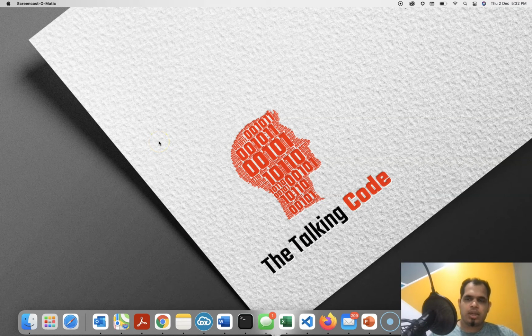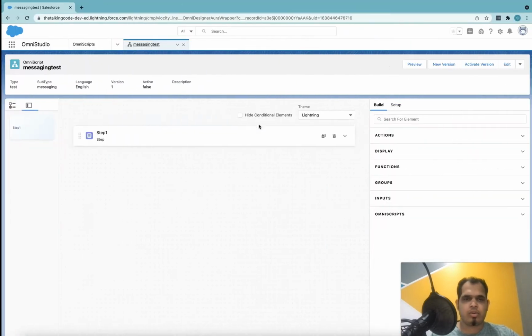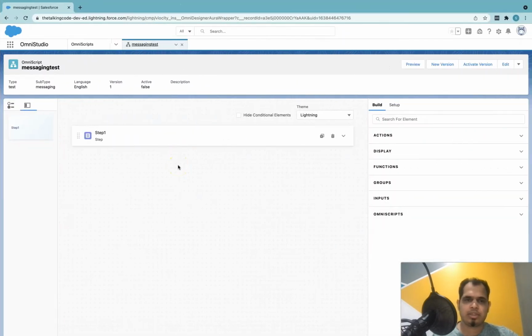Okay, so when do we need the messaging? Let's say the user is on a screen and you want to show him some message. The message can be an error message, it can be a warning message, or it can be a success message, anything, right? So at that time we generally use the messaging, and most of the times we display these messages based on some conditions. If it is not required, then we can get rid of the conditions and we can display the messages without any conditions also. Okay, so let's see how we can use the messaging.